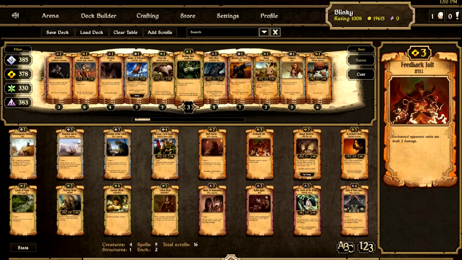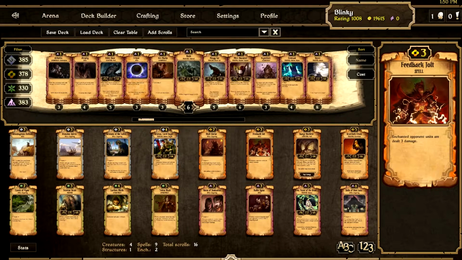So yeah, anyway, we're going to be building a deck today. I've done an order deck, I've done an energy deck of sorts. I've also done a growth one, so I think it's time we look at Decay. So Decay, being my favourite faction,